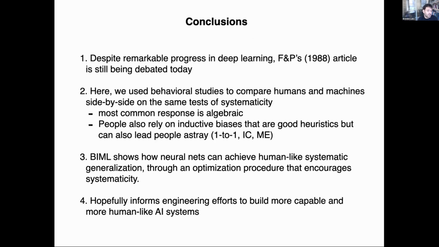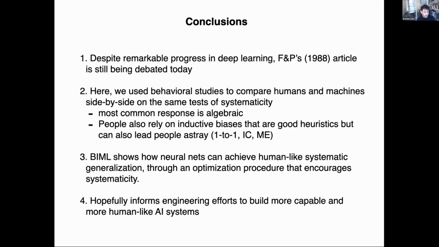Okay, so to conclude, despite remarkable progress in deep learning, Fodor and Pylyshyn's 1988 article is still being debated today. Here, we use behavioral studies to compare humans and machines side by side on the same test of systematicity. The most common response is algebraic, but people also use inductive biases that are good heuristics, but can also lead